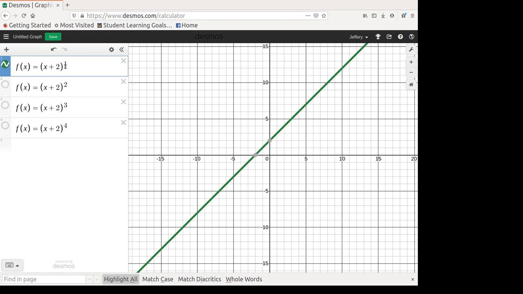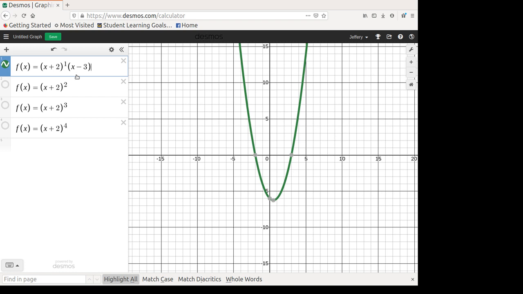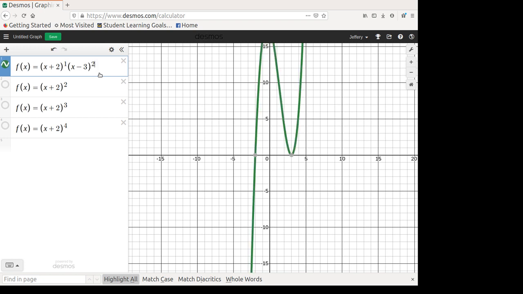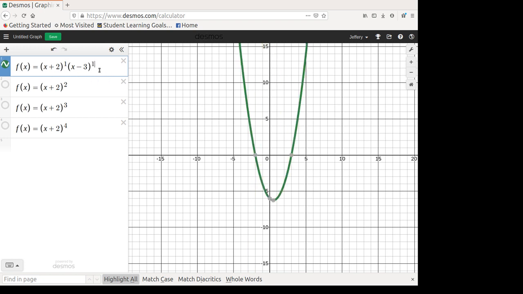And even though this has a multiplicity of 1, I can combine it with a positive 3. And so this has a multiplicity of 1. And this has a multiplicity of 1. These functions together have a total power of 2. It's degree 2. Can add up all my multiplicities. But because this solution is degree 1, I come into that solution, that root has a multiplicity of 1. You're punching through the x-axis, turning around and coming back out, and punching through the other one.